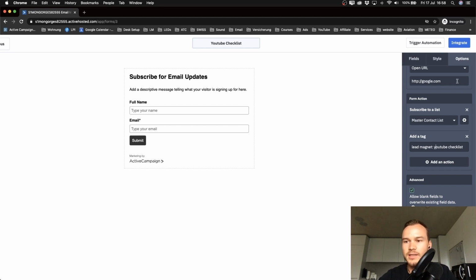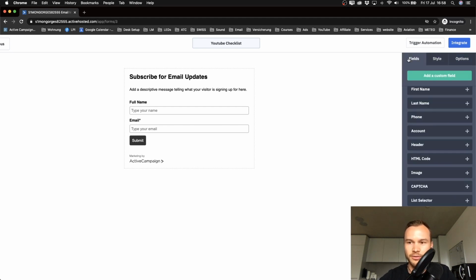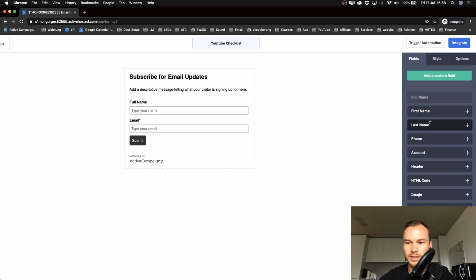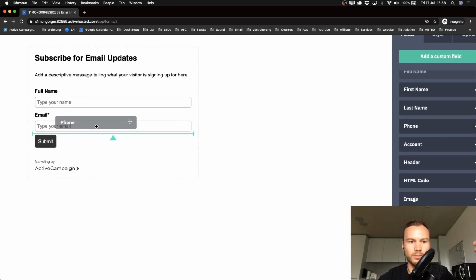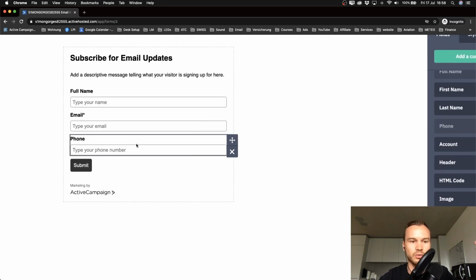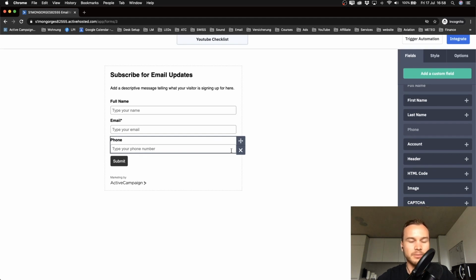So on the right side, you have the options, style, and field. If you want to change a field or you want to add some fields, you can just drag any field that makes sense for you into the left side here. So if you want to ask for a phone number, just drag in the phone block here into your form. I'm just going to create a simple name email form, and I'm going to try to make it as minimalistic as possible